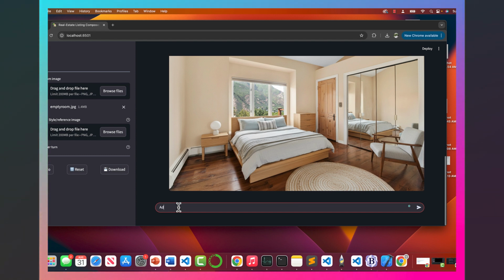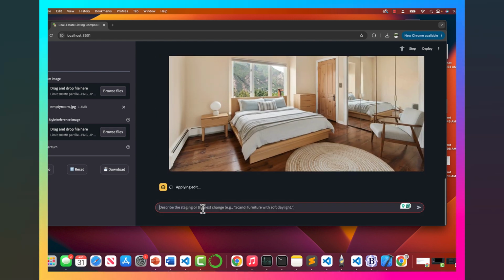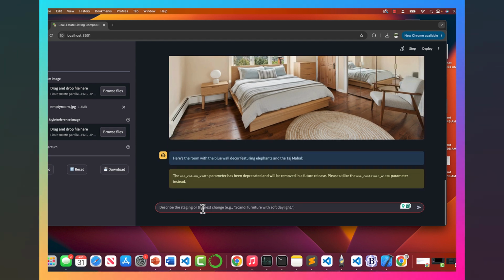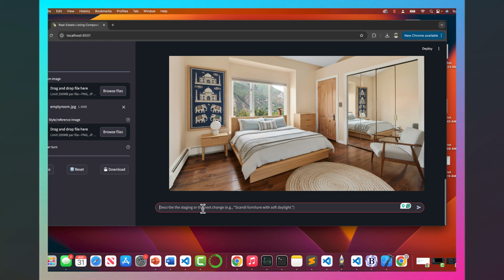Let's say I want to add a wall decor with elephants and Taj Mahal, and let's say a blue color wall decor. It should maintain everything else that it has done previously, but then it should add this wall decor on top of the previous edits, right? Okay, so as you can see, it has added a nice wall decor with the Taj Mahal and the elephant pictures, right? You can keep editing and say, let's say, remove